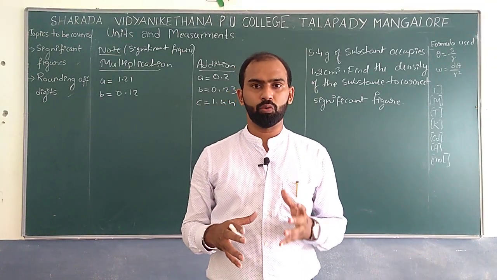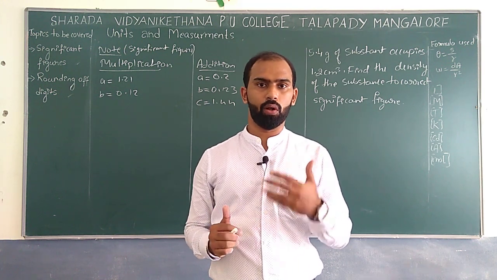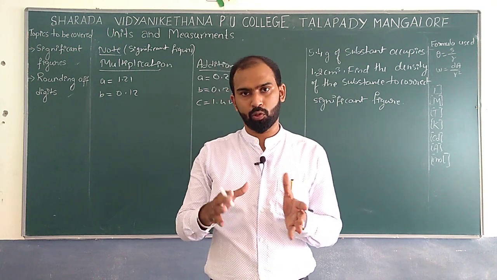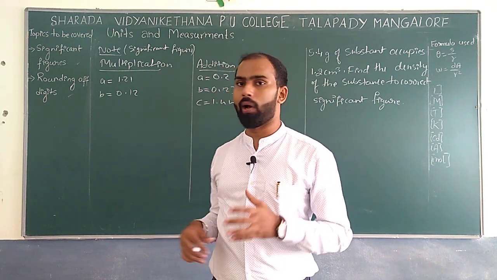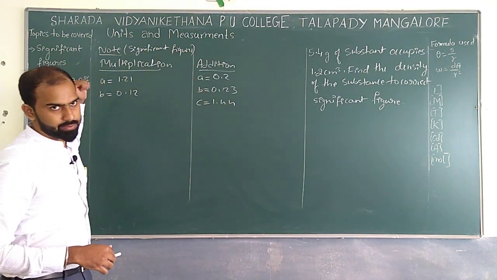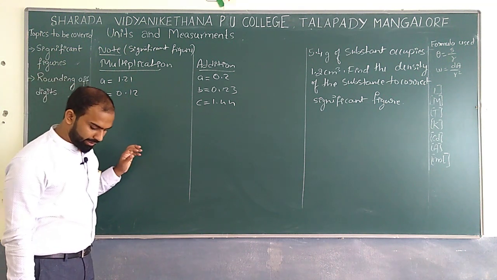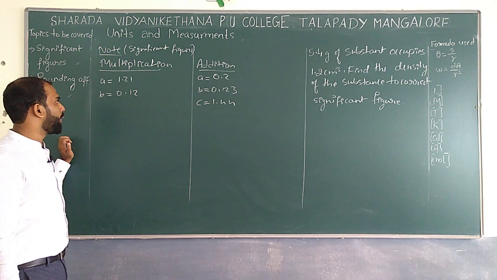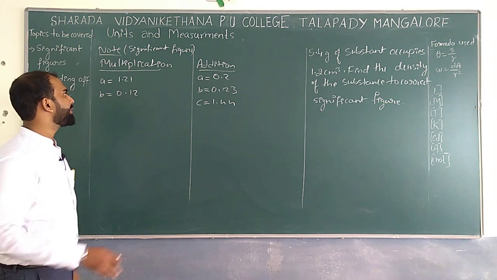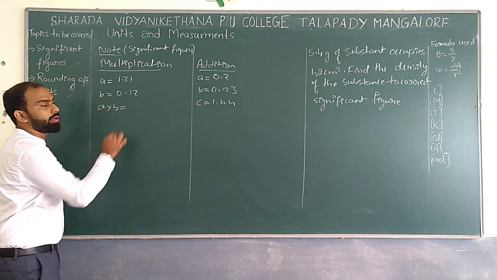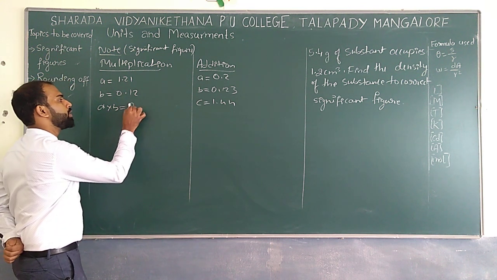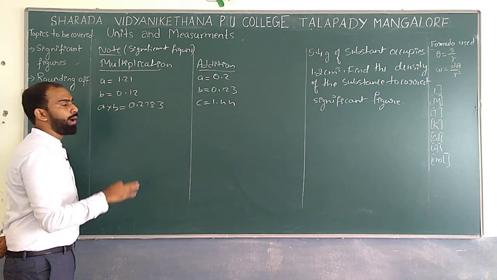There are some notes you are supposed to follow, especially while solving numericals. Whenever we are rounding off numbers with respect to particular significant figures, especially while doing a multiplication, we need to follow some basic ideas. For example, if we have the value of A as 1.1 centimeter and B as 0.2 centimeter, and I write A cross B or A into B, what answer can I expect normally? That is 0.2783, the value I can expect.